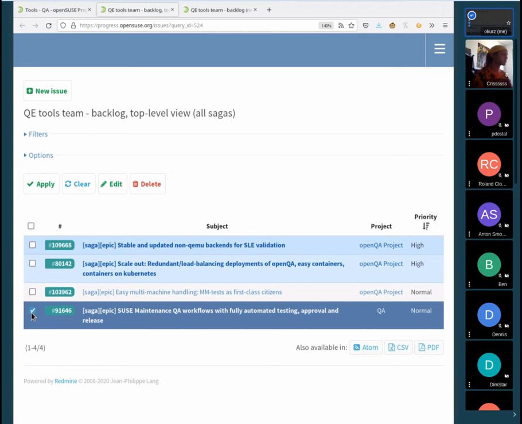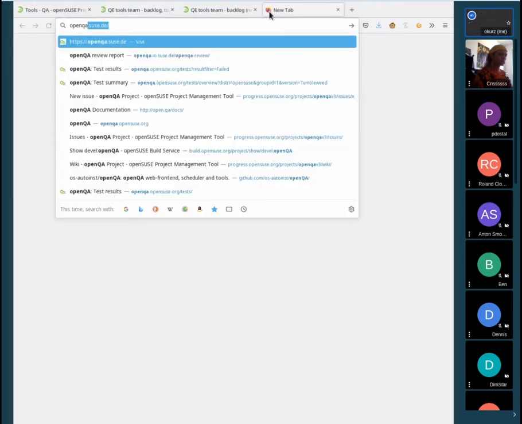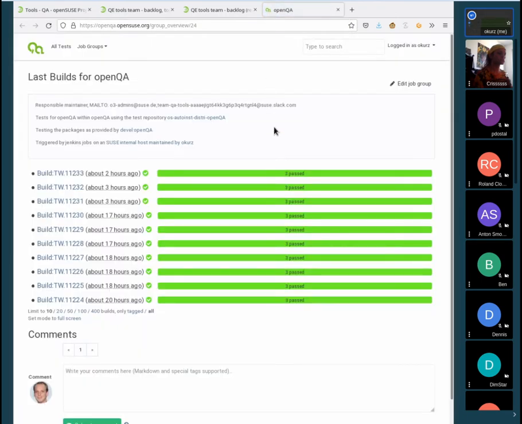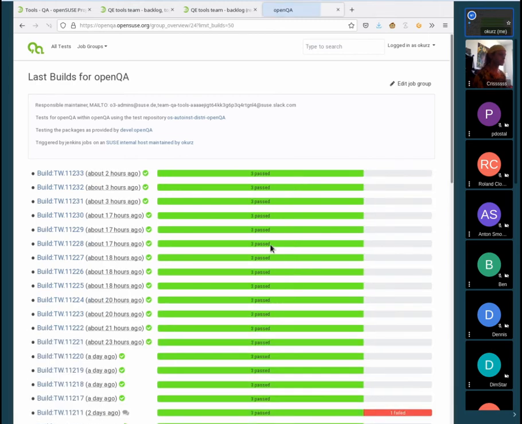And one feature that I would like to highlight there is the job done hooks. I can show you what they do. I'm using the openQA and openQA tests group as an example. Well, it's kind of a boring example because you see that the tests are really so stable. So this is why we actually needed to bake some results.